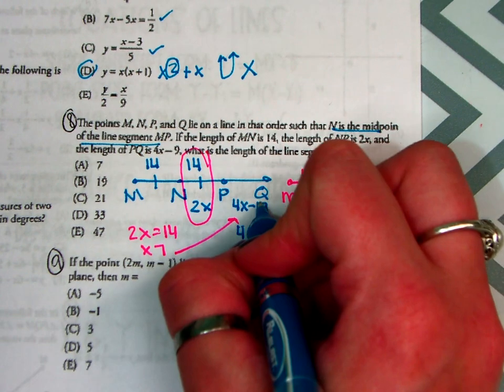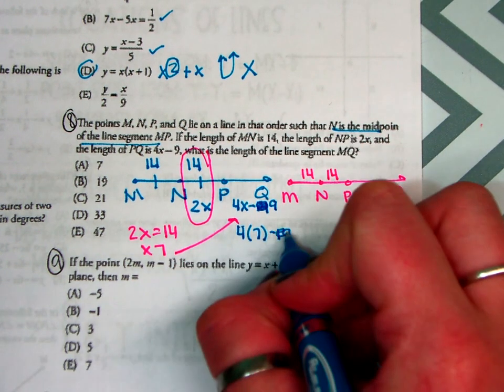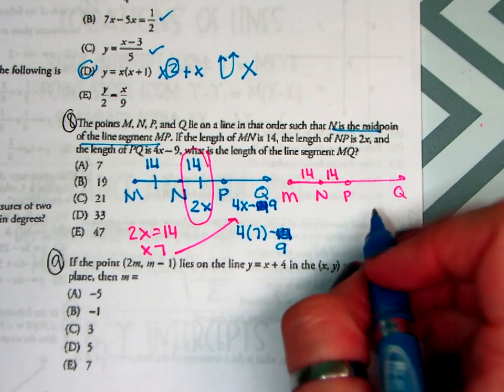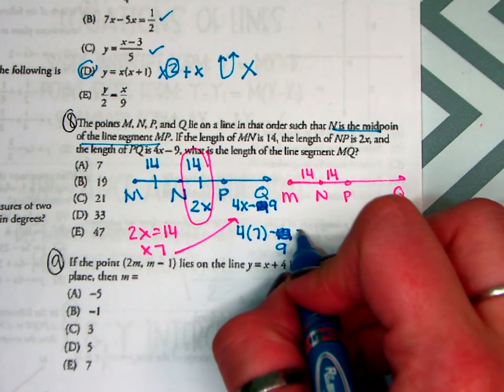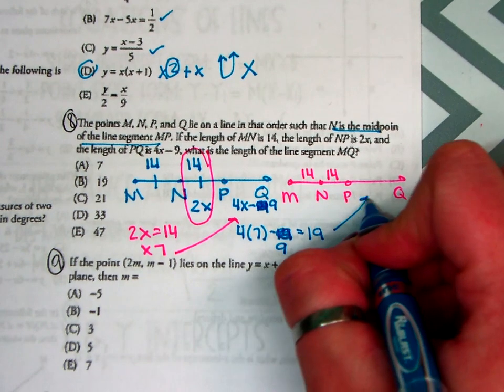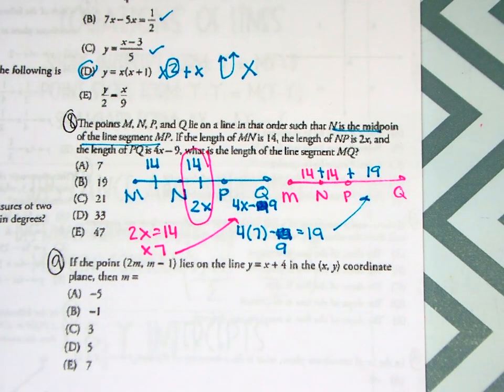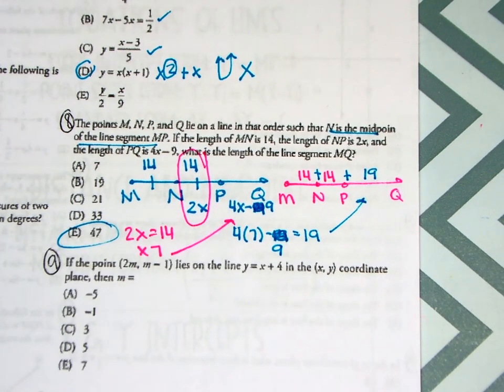Oh, I wrote that as 19. Sorry, that's a 9. 4 times 7 minus 9 gives us a measurement of 19. Sorry, that's where I was getting 19 from. So this length is 19, so I would just add 14 plus 19 for a length of 47. Notice it does not say that P is in the middle of MQ, so you do actually have to solve